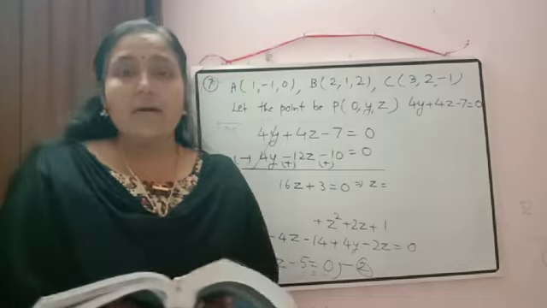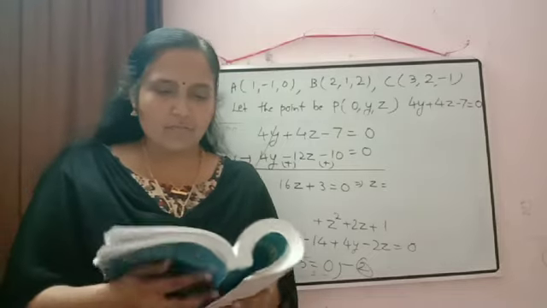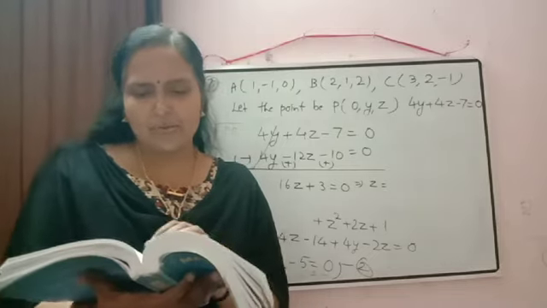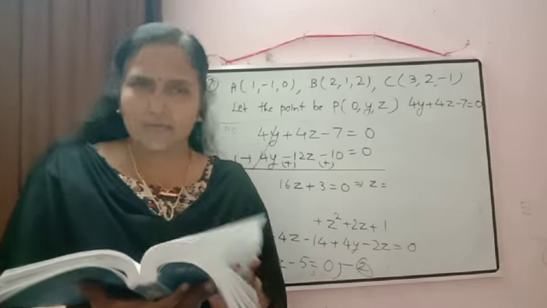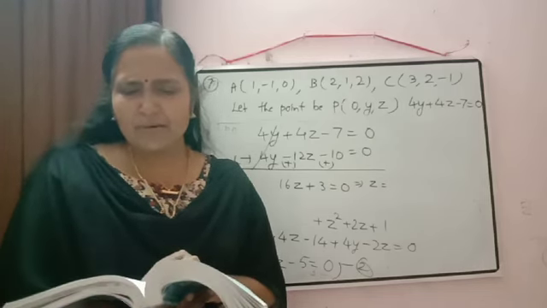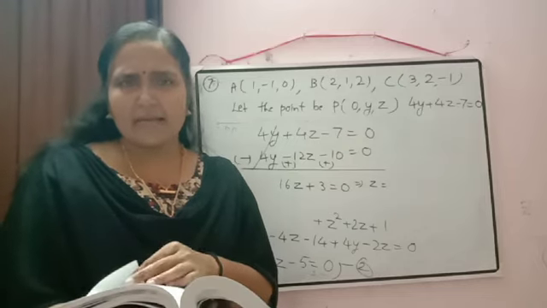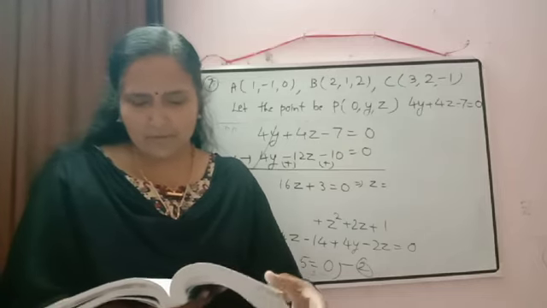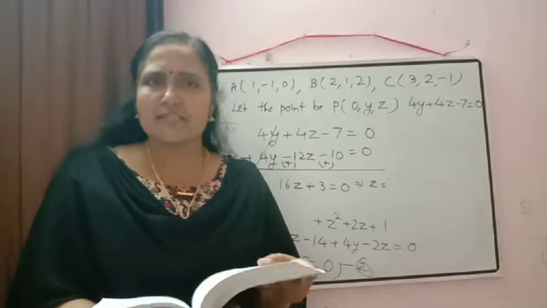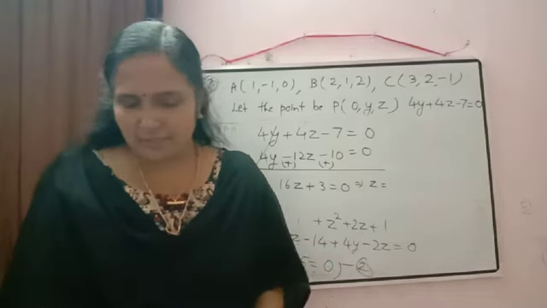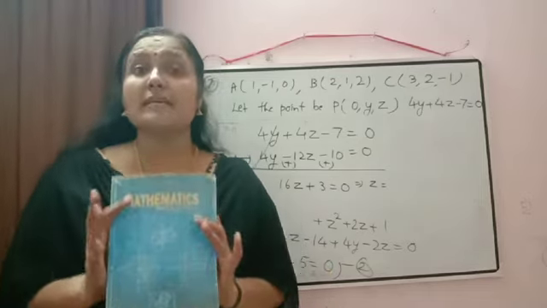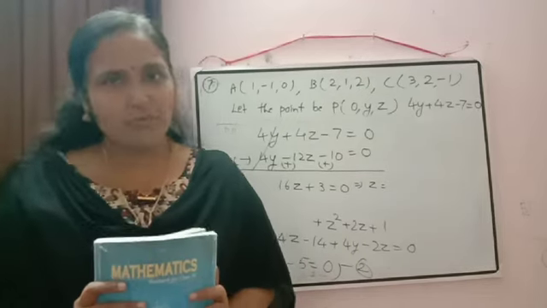So all of you, please note down your homework. Your homework will be exercise 12.1 and exercise 12.2. Exercise 12.1 is easy only. You just have to check the octant in which they lie. And then exercise 12.2, only 5 questions are there, based on the distance formula. Okay, so homework: exercise 12.1 and 12.2. Thank you.